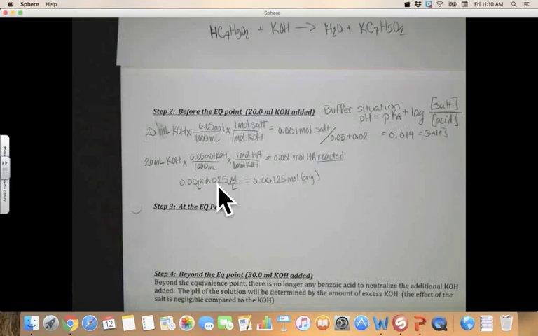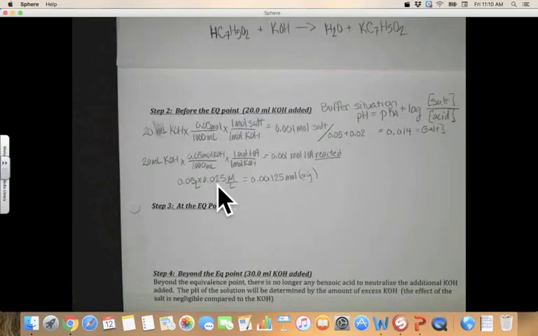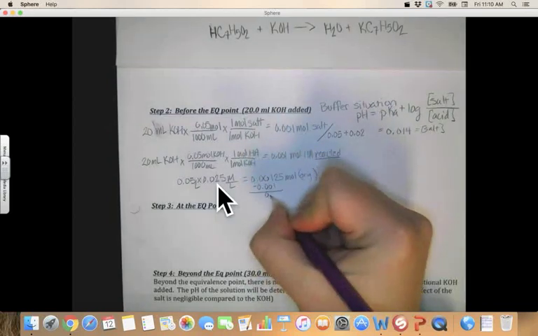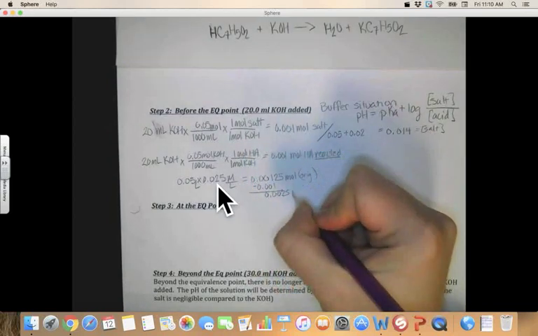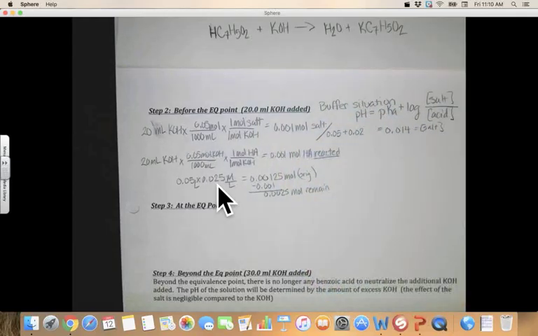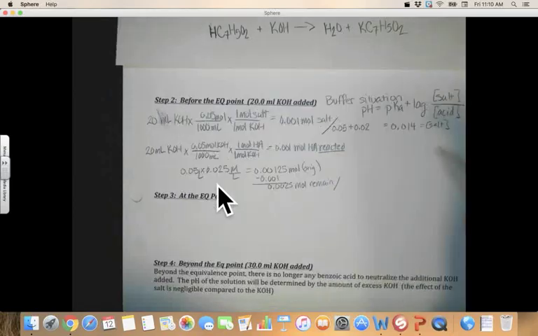So I'm going to subtract 0.001 from it. Okay, and I get 0.00025 moles remain, and I'm going to divide by my volume, which again is going to